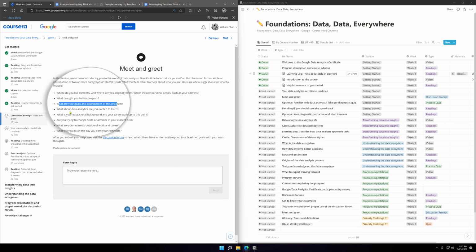What are my goals and expectations? What about data analytics are you excited to learn? What is your educational background and career to this point? Are you trying to change fields or advance in your current field? What are your interests outside of work and career? What will you do on the day you earn your certificate? Okay.